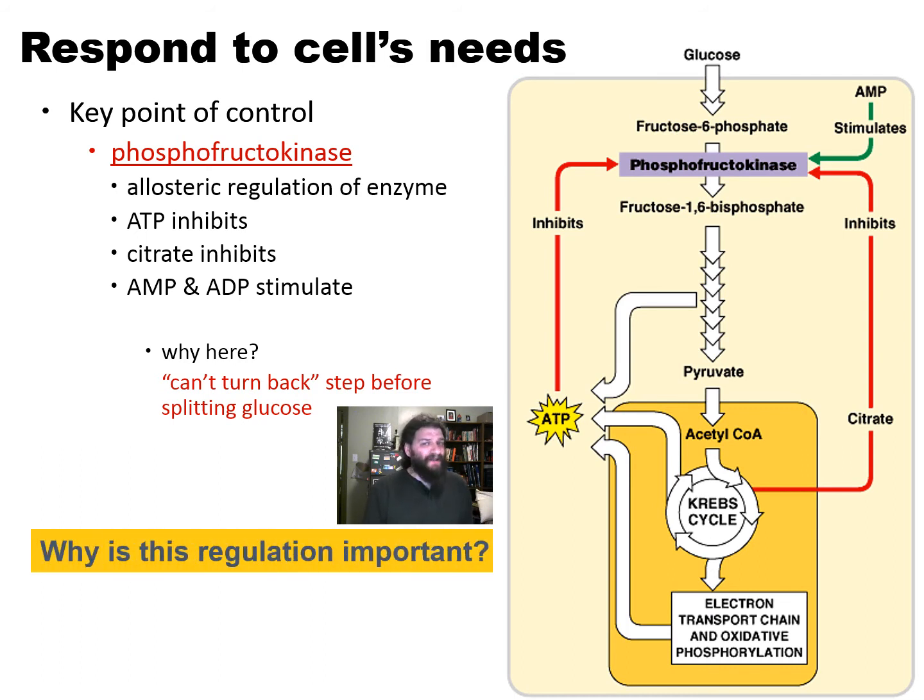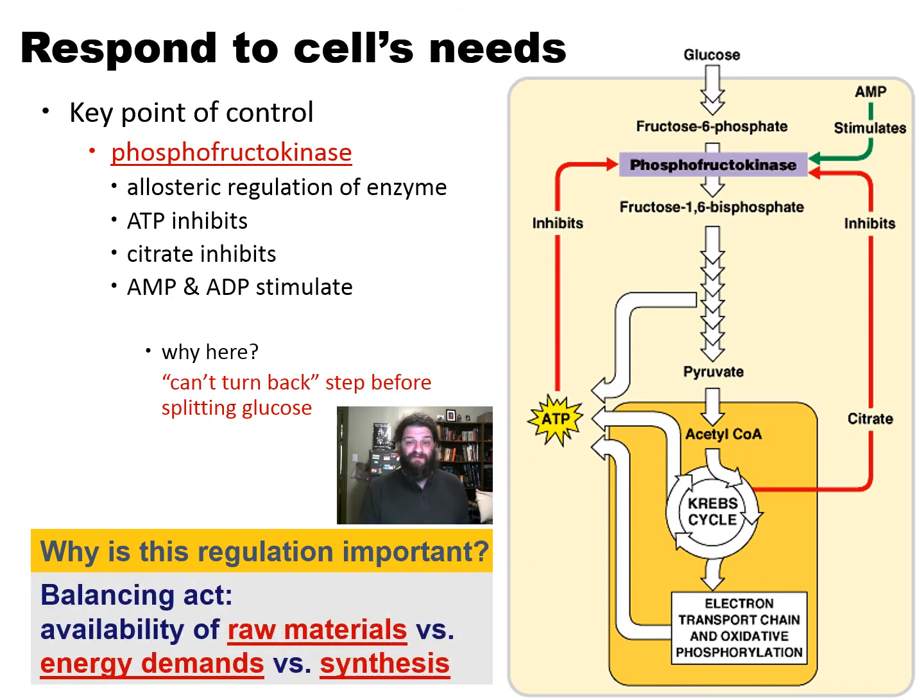Why do we need to be able to tamp down on cellular respiration? Well, we have to play this balancing act because we don't eat all the time. We don't have a constant source of energy. We go from feast and famine between meals. Sometimes it feels that way. So we've got to balance between having an excess of raw materials around for energy and having an excess of energy around that needs to be made back into storage molecules.